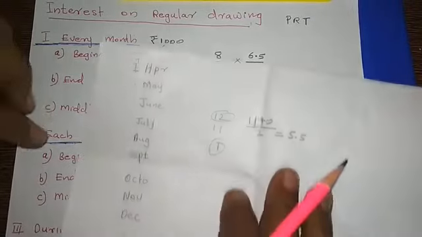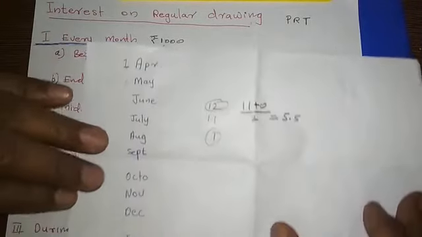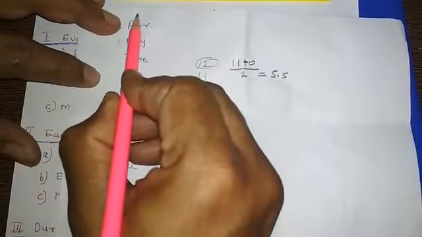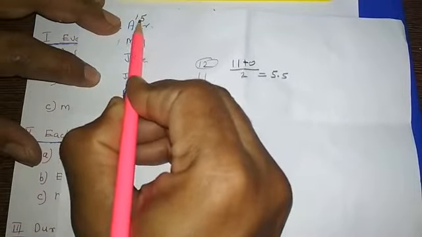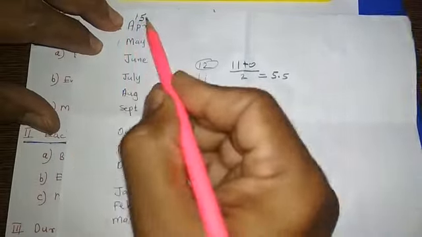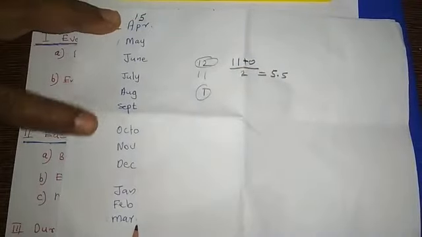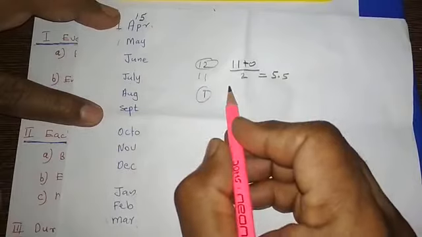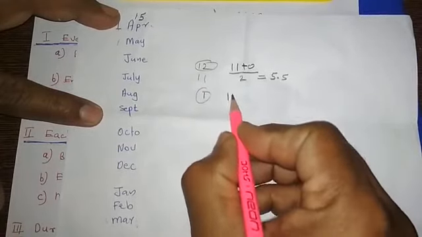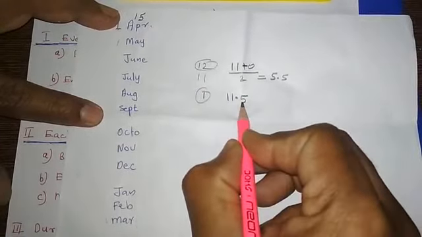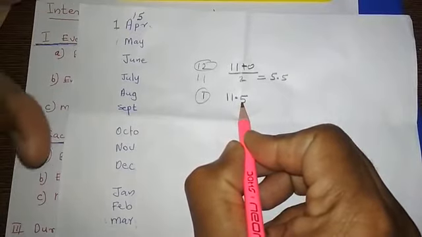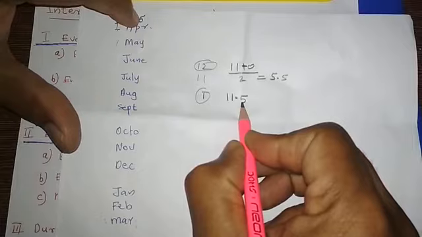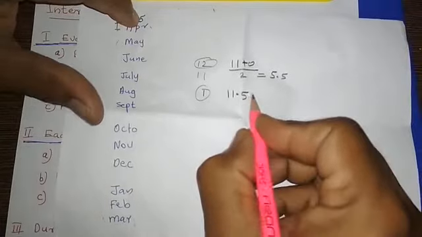Now in this way, middle of every month. Middle of every month means the first drawing is made on April 15th. So half a month is over here. So up to 31st March, how much is the remaining month? Only half a month is over. That is why the remaining month is 11.5. Correct? So April, 15 days only are over, or half a month is over, and the remaining month is 11.5.